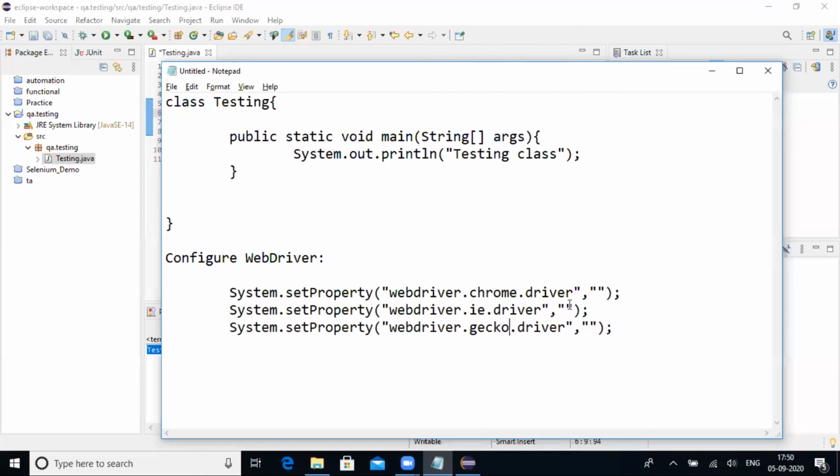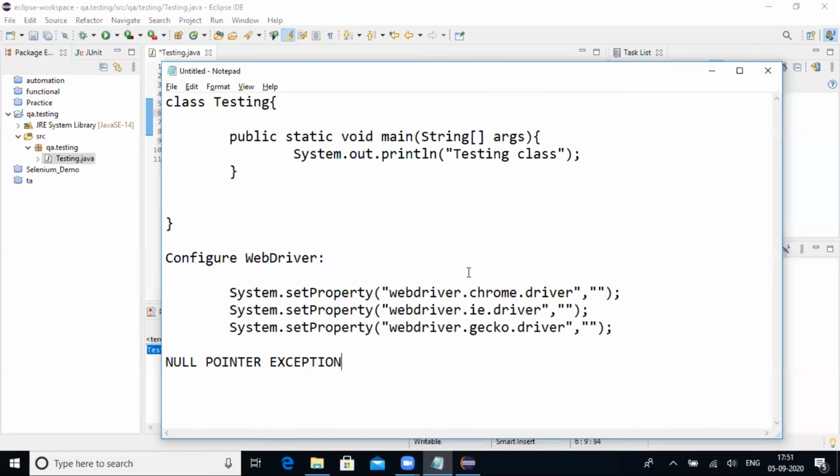So it is like a syntax. This key is case sensitive, and it should be spelled properly. Then only your WebDriver system property will succeed. Otherwise, it will throw an error called null pointer exception. If a key or value is not proper, it will throw a null pointer exception. In exception handling, we are going to see how to handle exceptions and what the different types of exceptions available are. So far it is clear, no?